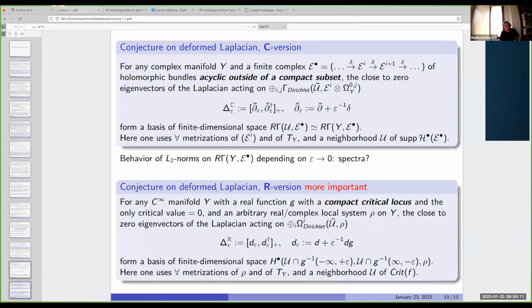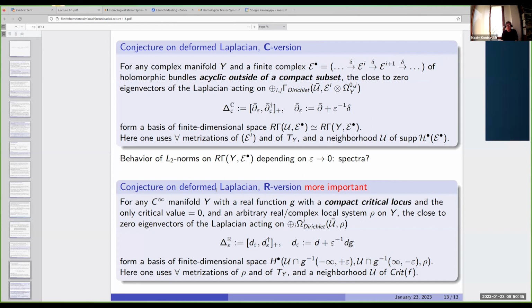Then you consider again a tubular neighborhood of the support of the cohomology. Choose any metrization. You don't need to use any Kahler metric. Kahler metrics were used only in Kahler identities before. So you use arbitrary Hermitian metrics. You take this complex Laplacian depending on epsilon, and then the conjecture is the following: when epsilon goes to 0, you will get